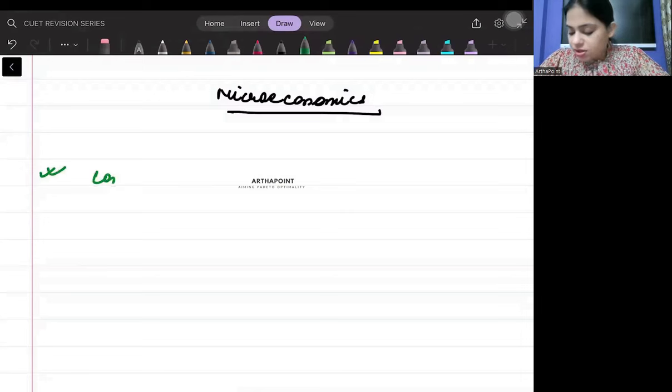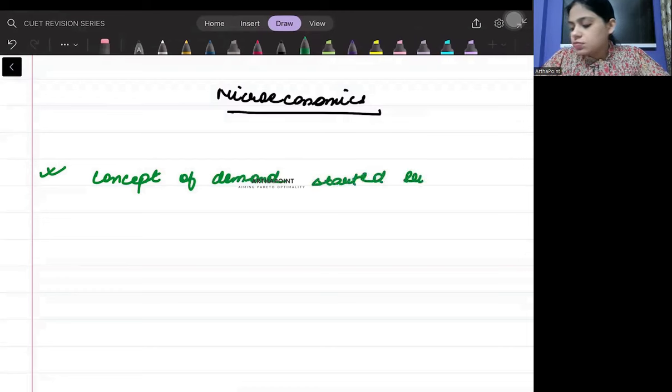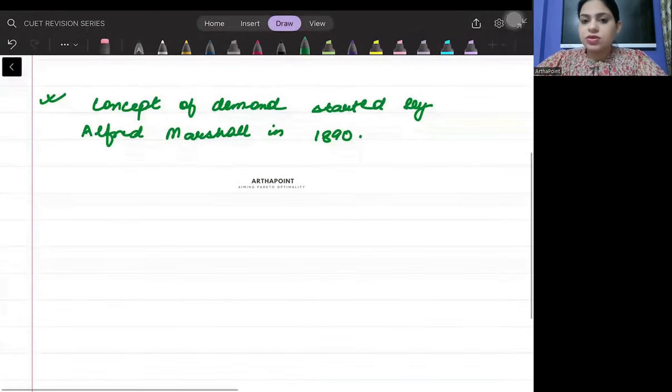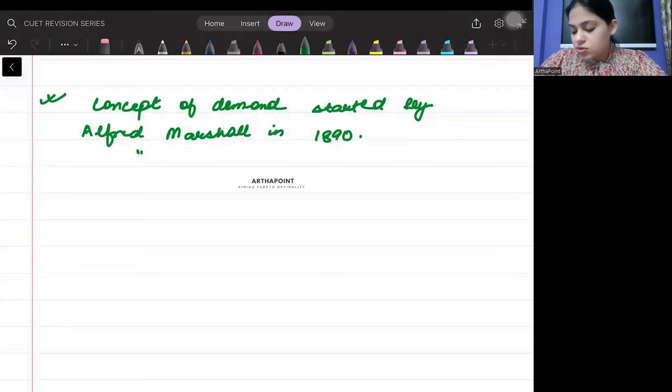The concept of demand started by Alfred Marshall in 1890, right? And the name of his book that he wrote to explain this concept of demand better, that book is called Principles of Economics,